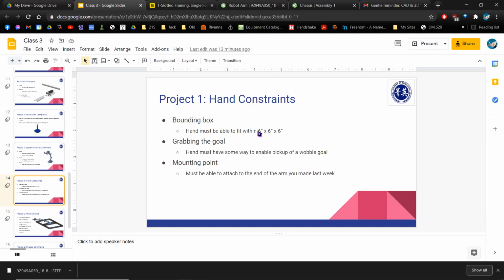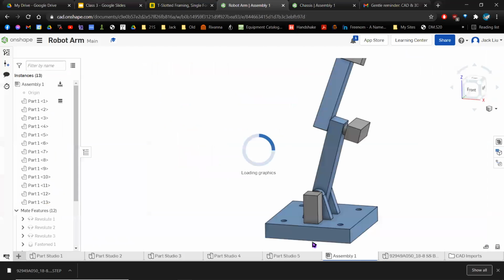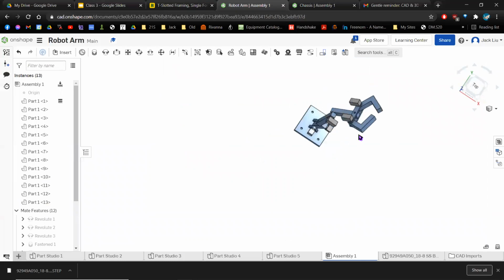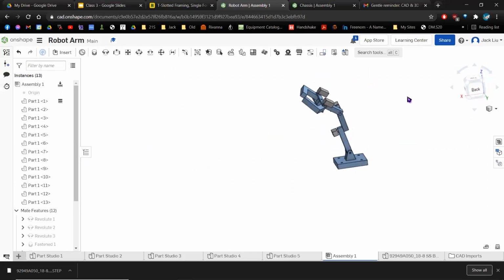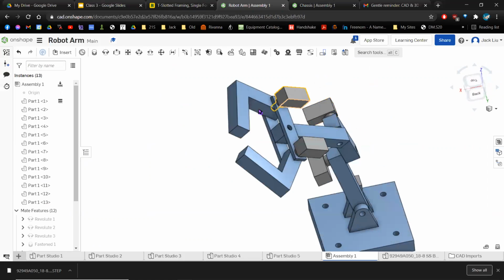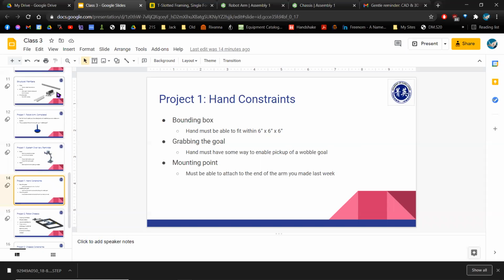And then of course, the purpose of this arm is to grab the wobble goal. So the hand must have some way to grab the wobble goal, and it must also have a way to mount to the arm that you already have. Right? And so just as a kind of refresher, this is the example arm that we've been looking at so far. But I actually want to take a moment and ask you guys, if we look at this arm and think back to the goal that we have, which is to lift up this thing,